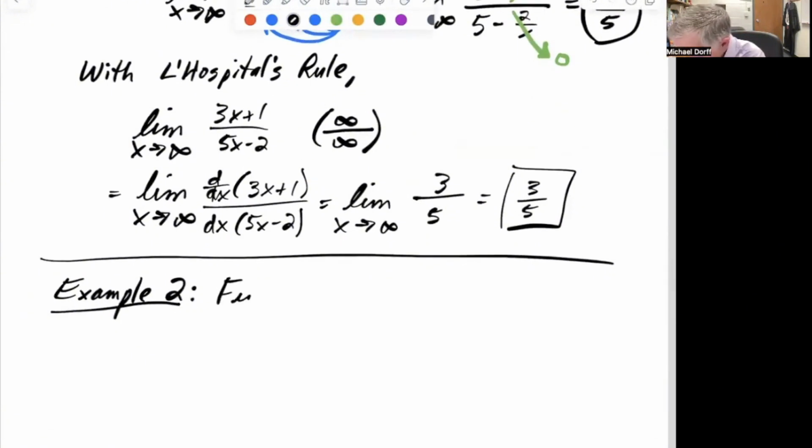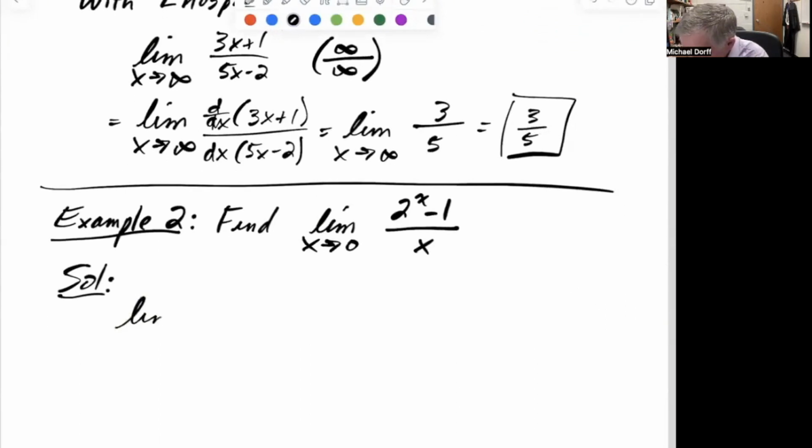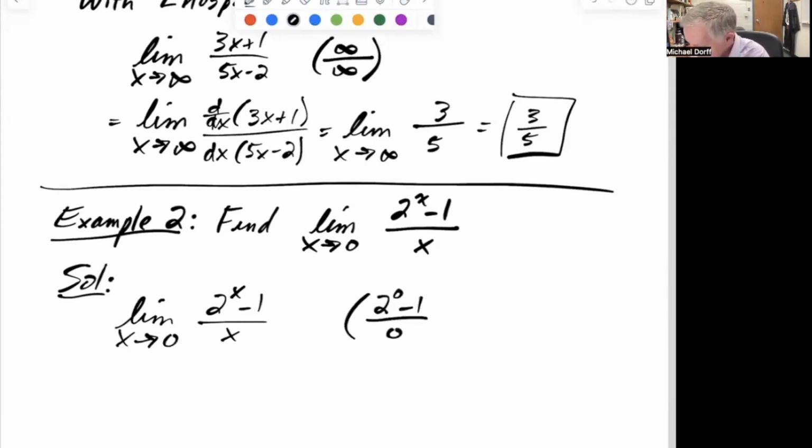All right, so we're going to find the limit as x goes to 0 of (2^x - 1) over x. Sorry, I made a mistake there, that's supposed to be x going to 0 here. So if I do direct substitution, I'll have 2 to the 0 power minus 1 over 0. 2 to the 0 is 1, so I have 1 minus 1 over 0, which is 0 over 0,